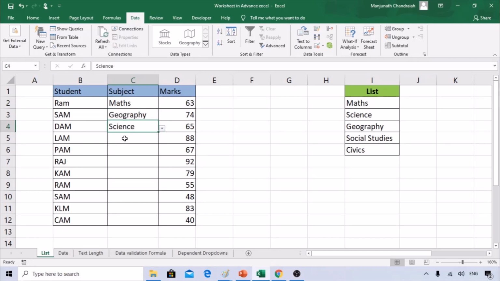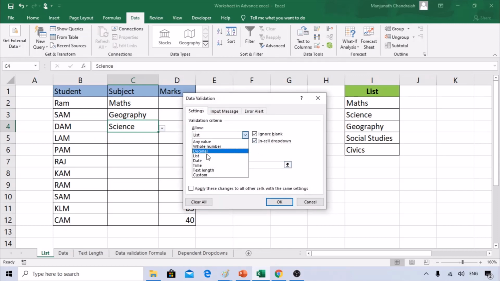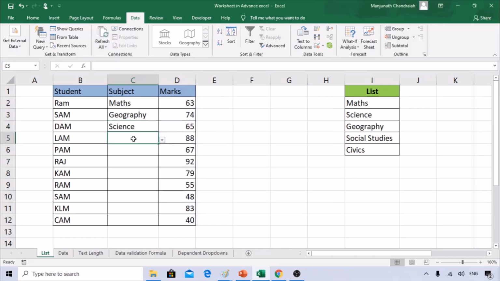So it really helps to easily consolidate, and moreover, there is no double work of going and changing the criteria. So very simple and very useful function. So you need to go to data, data validation, and the list. You can select the source of the list you have created. I hope this is simple and easy to do. Let's move on to the next one.